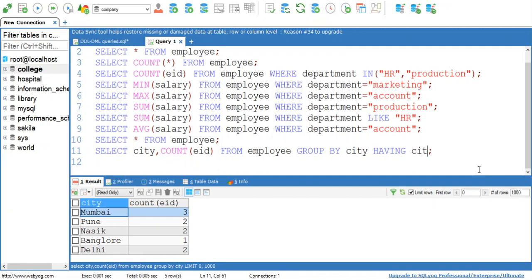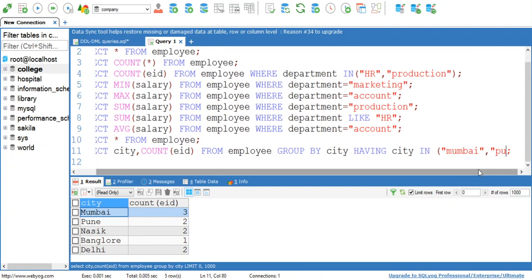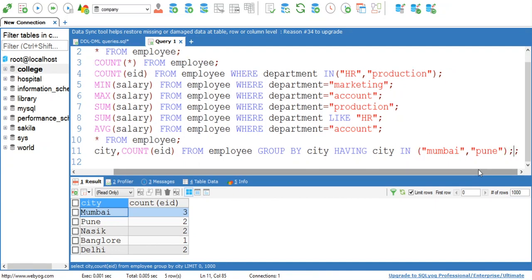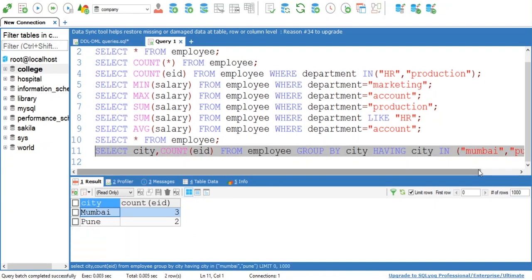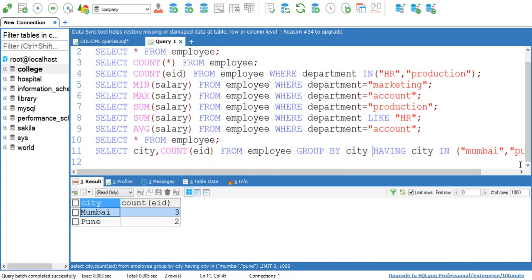Having city in, we want to find out number of employees in only Mumbai and Pune. So I have written having city in Mumbai, Pune. Now execute this. At the output you can see only two cities, Mumbai and Pune, and number of employees in each of the city.